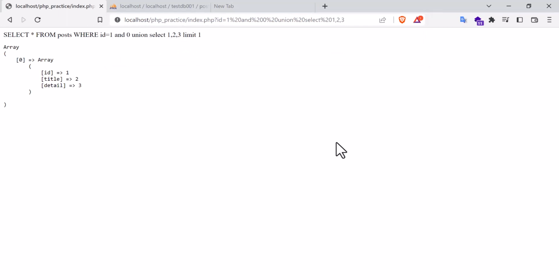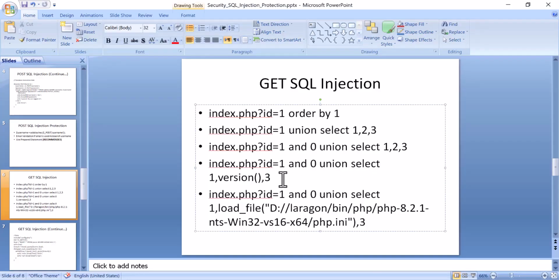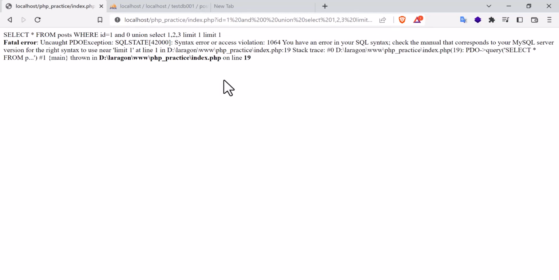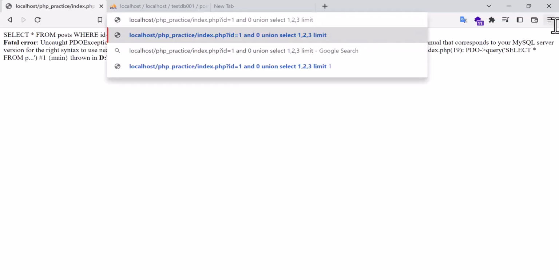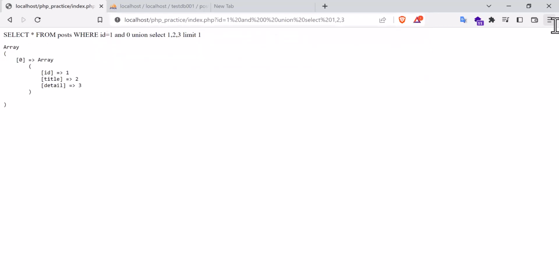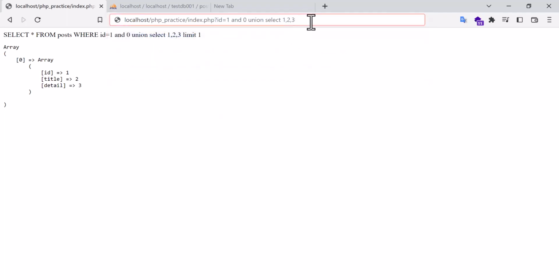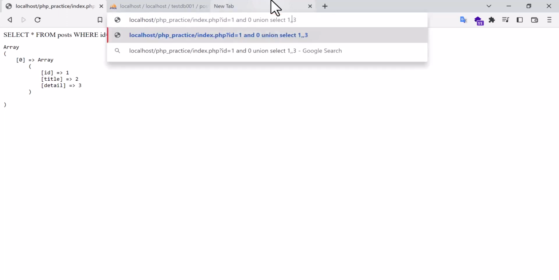1 and 0, union select 1 2 3. Okay, now you see that in this case, when I give the union select 1 2 3, let's try. I am going to give the full query now. Now here I can try something like this, where id equal to 1 and 0, and here union select 1 2 3 4, and there instead of 2, I try to give the